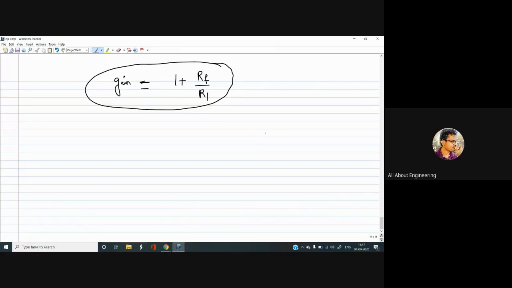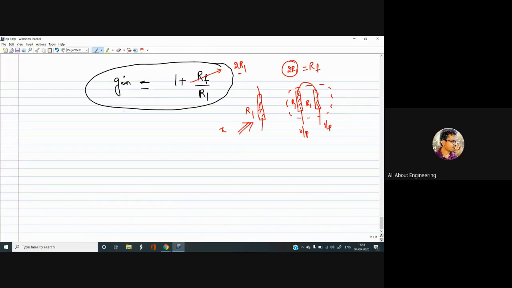in practice, the design would be somewhat like this. For example, if this is my R1, and if my feedback resistance is 2 times R1, there would be some connections like this, a series connection like this. You are giving input across this and taking output across this node. Now, if the temperature affects this component by x times, the same component is used twice, that's it, the component is not changed. If this is R1 and this is R1, then both are in series, so it would be 2R1, which is equal to your RF. So all the components will be affected by the same amount due to the temperature.